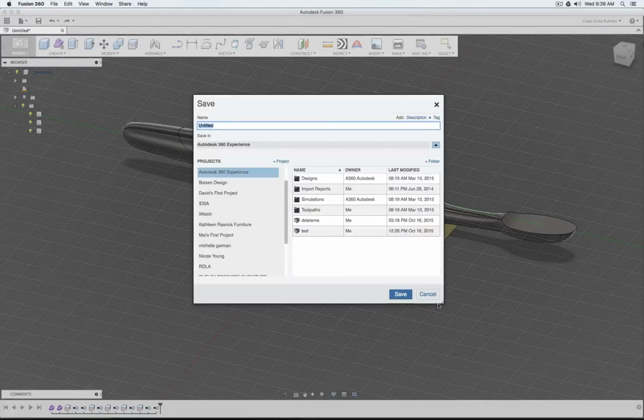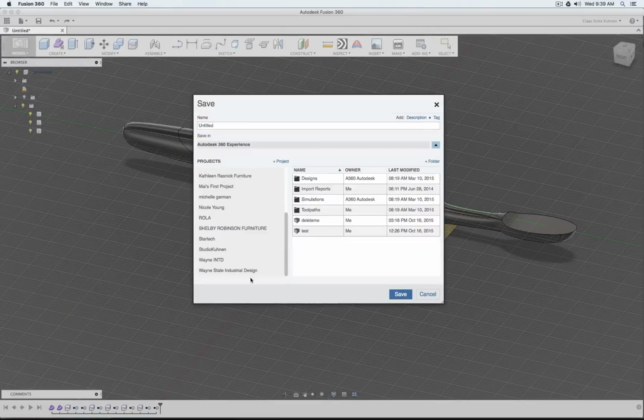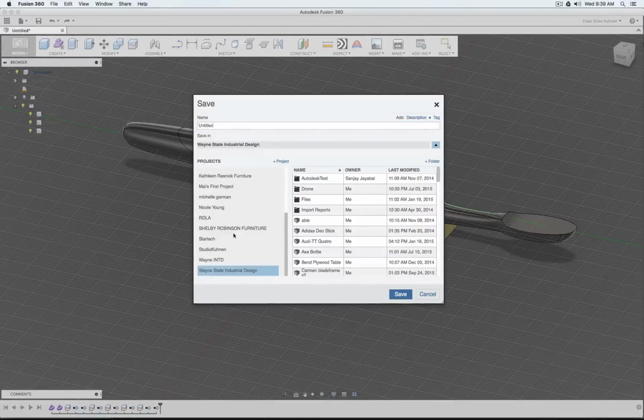This is, for example, now the save dialog. So you save online in a project. I go to my project, Wayne State Industrial Design. Otherwise you could create a new project with this button. Inside the project you could create a new folder with this button here, and let's say I call this one Toothbrush. Oops, there, proper spelling. Save,